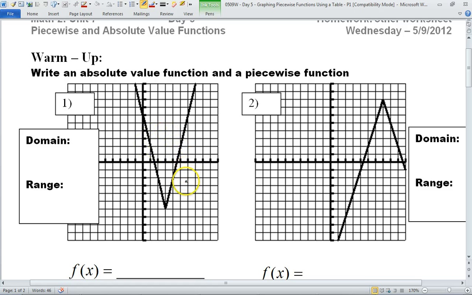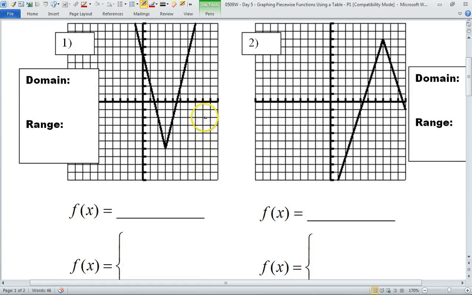Okay. So there are two skills here. You see this V. As soon as you see that the graph is like a V, you should know what kind of functions turn out to be a V when you graph them. Absolute value ones. So one thing I should be able to do is look at that function and write an absolute value function for it. So let's do that. Looking at the right-hand part of this graph,